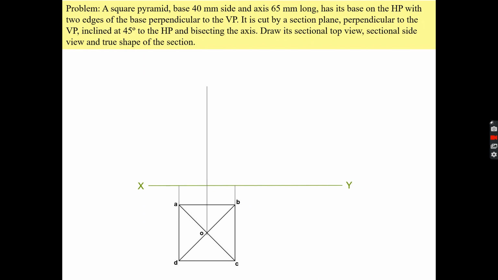Okay, and similarly you can draw the front view. Here it is showing the center line with dash dot dash dot. Okay, and proper lettering is done here, A B C D. Okay, now we are cutting